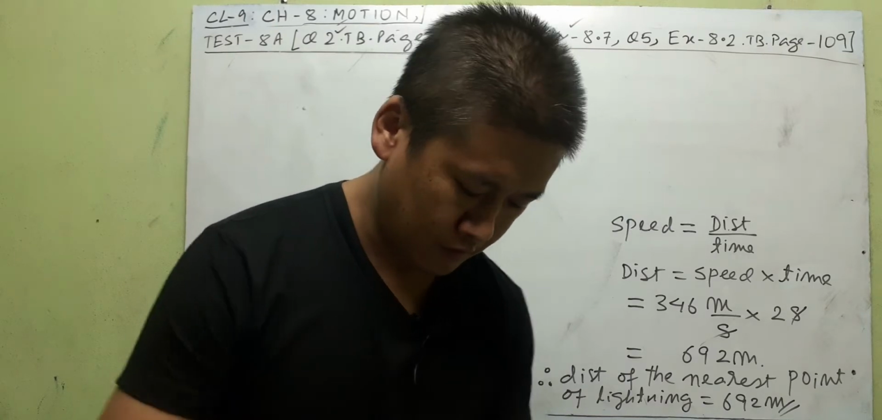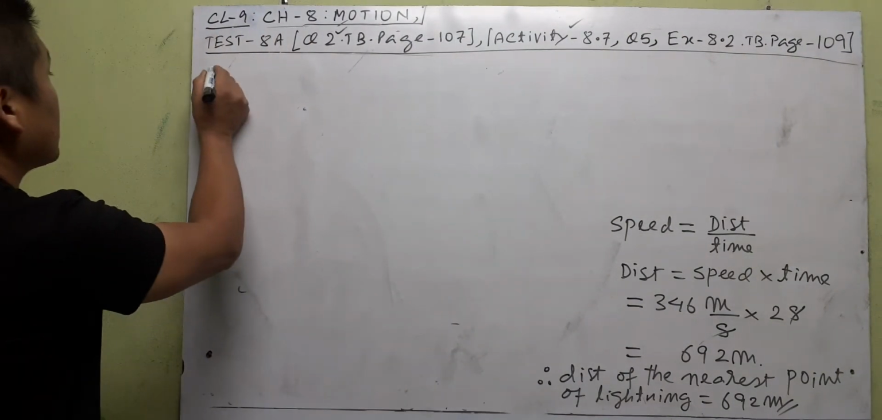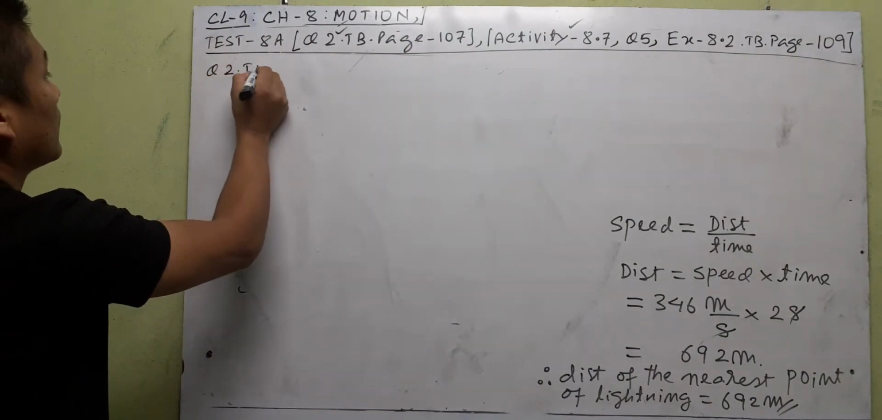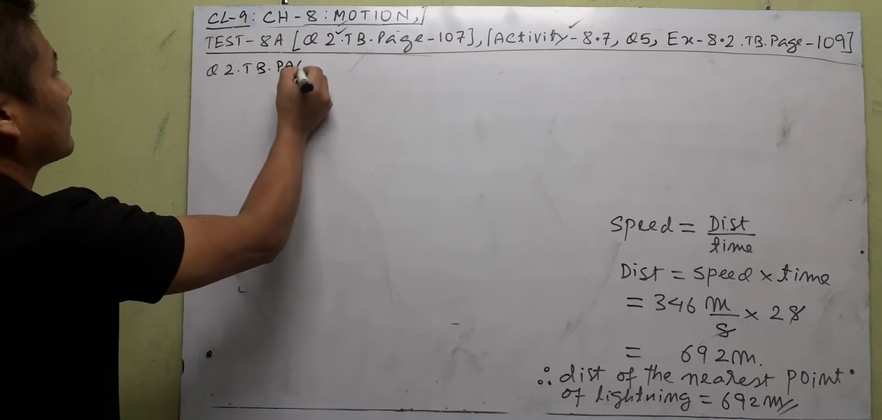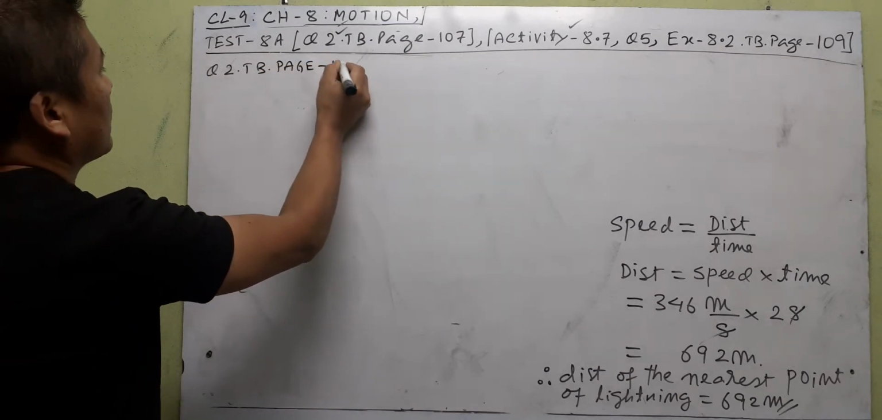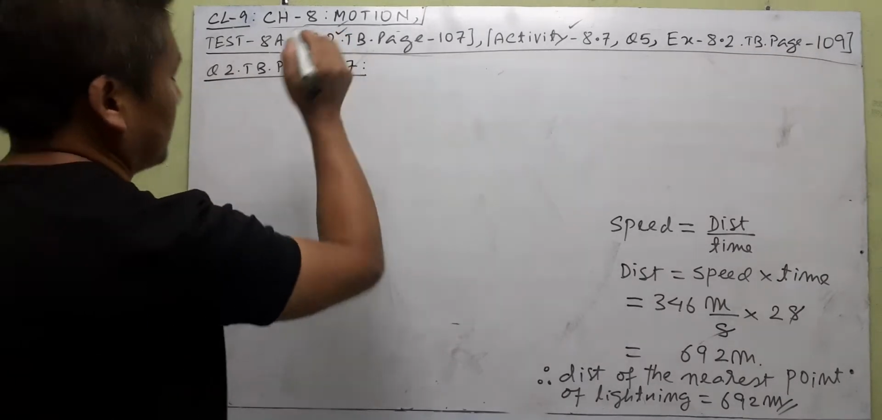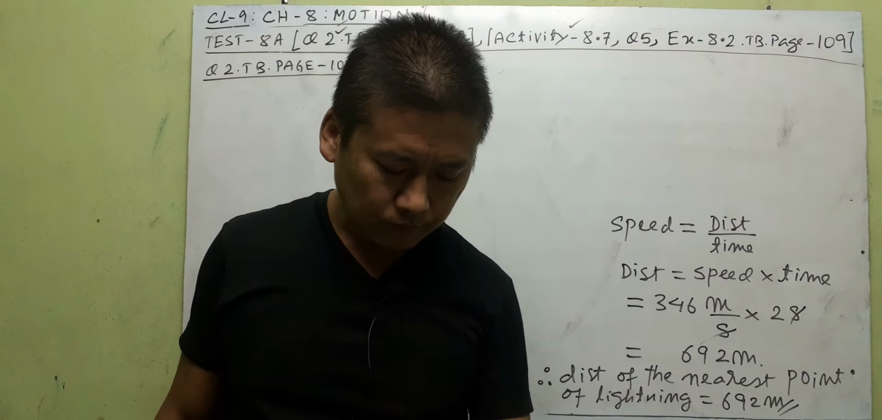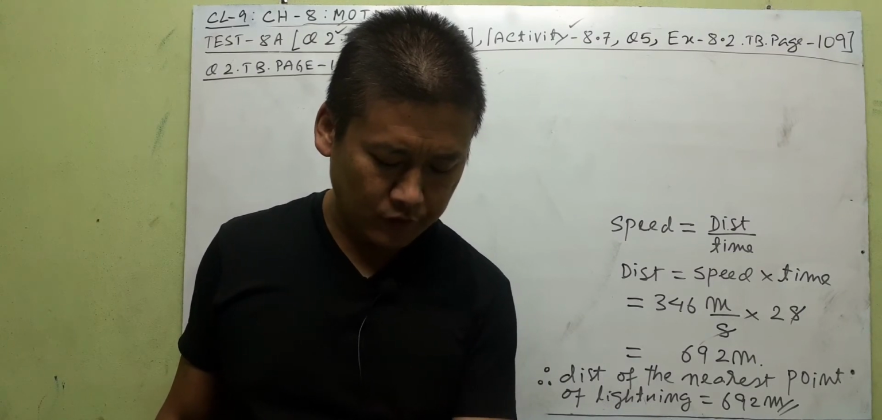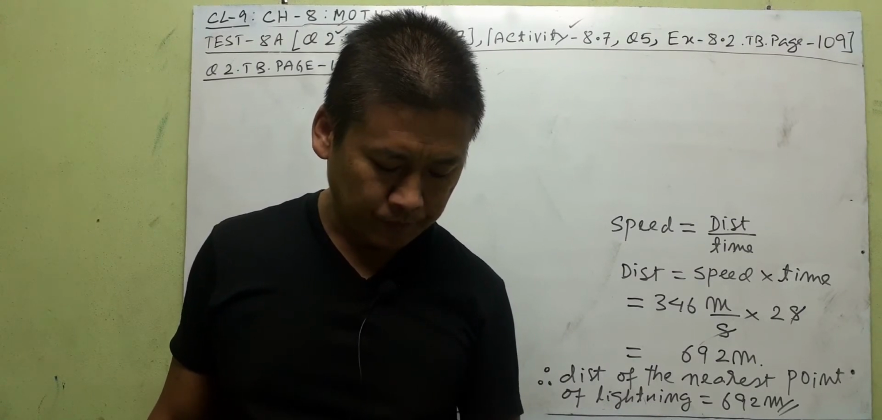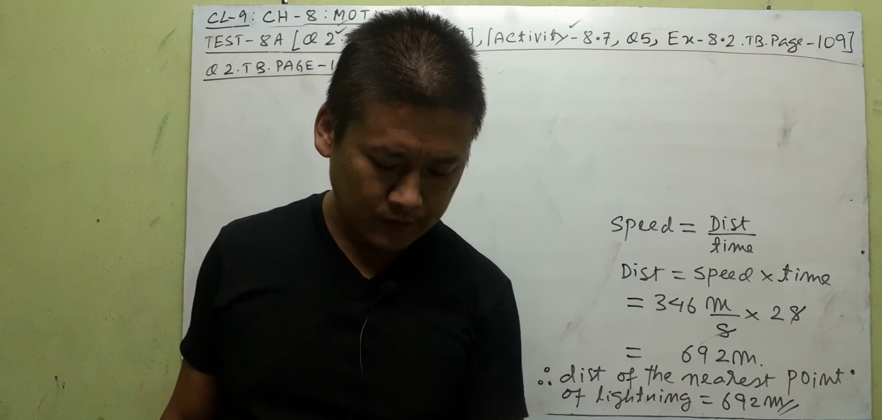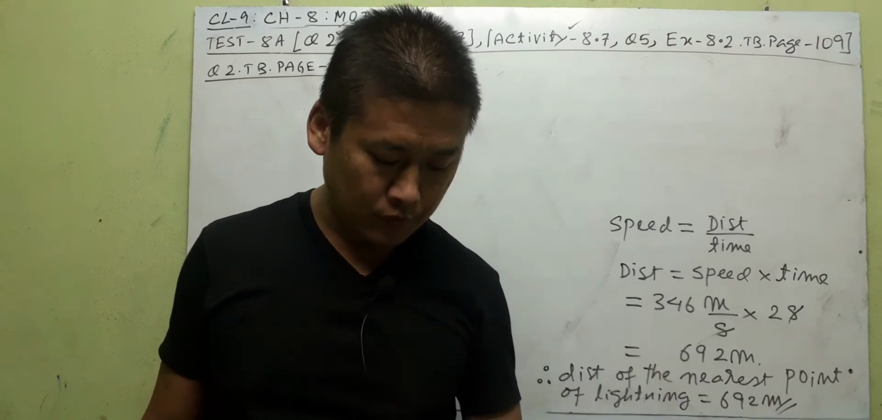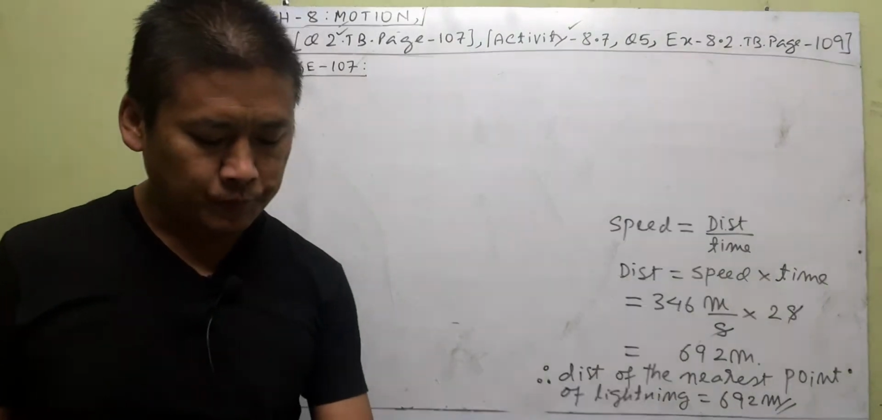so let us write that number first. Question number 2, textbook, page 107. Okay, let me read the question for us. A farmer moves along the boundary of the square field of side 10 meter in 40 seconds. What will be the magnitude of displacement of the farmer at the end of 2 minutes 20 seconds from his